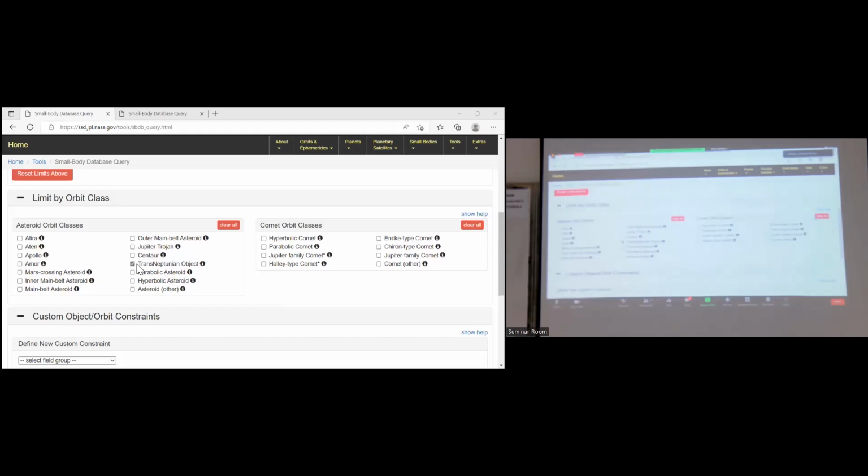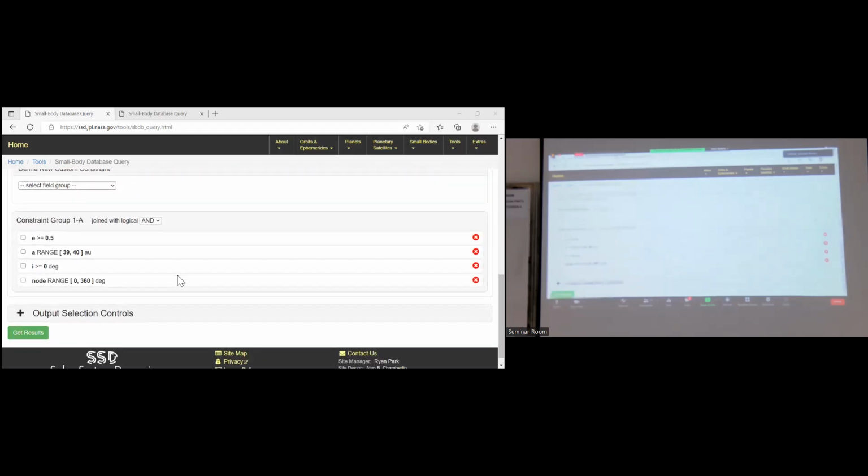And the second question, how can we put 39 to 40? This is information for you that the Plutinos should have semi-major axis between 39 to 40 AU. Because this region is an interplay region between the trans-Neptunian objects inside this range and Neptune.